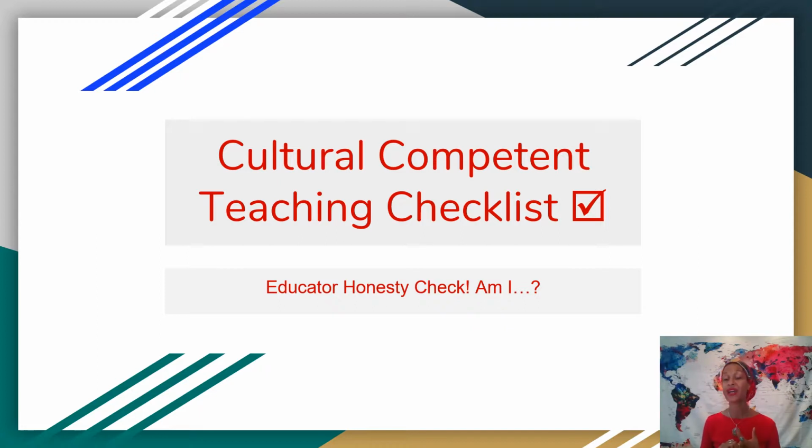How am I addressing racism in the classroom? Am I addressing racism in the classroom or racial incidences when they occur? Am I comfortable with having a conversation? Am I not? If I am not, what can I do about it? Should I do anything about it? Who do I need to refer myself to in order to maybe